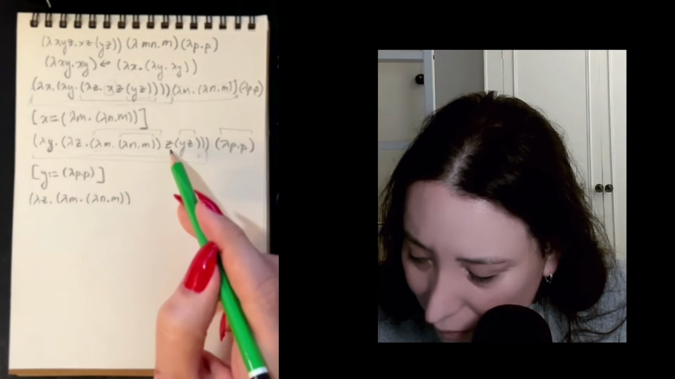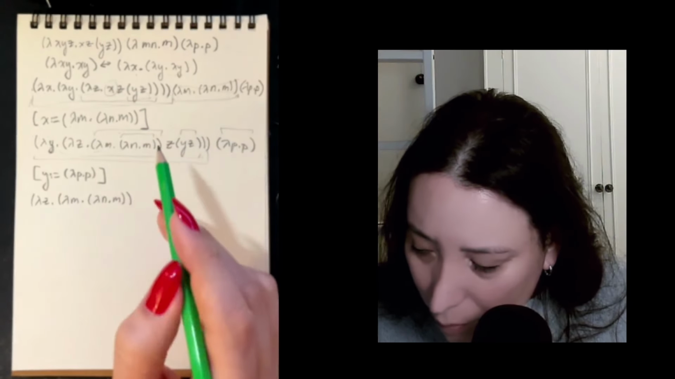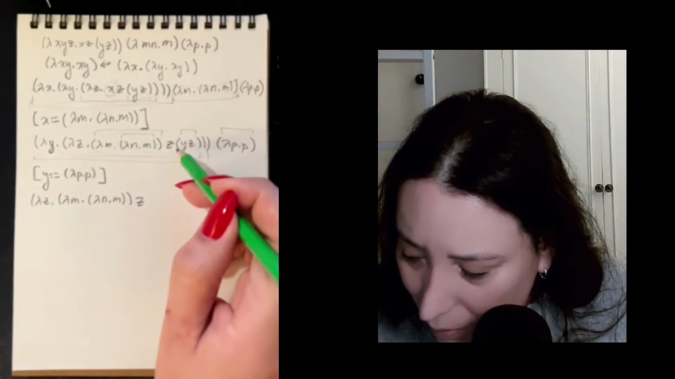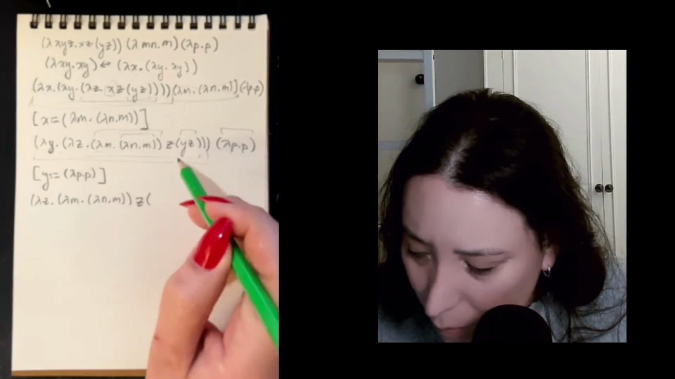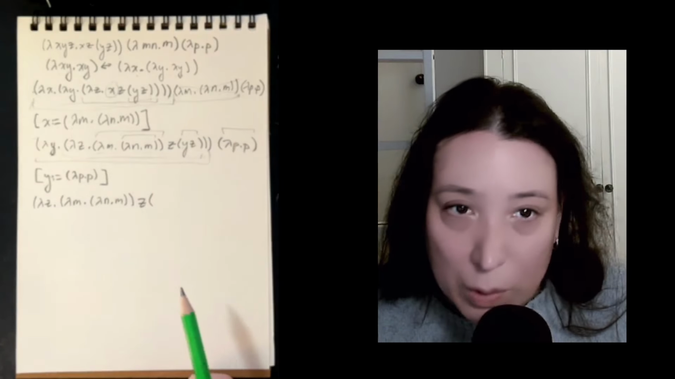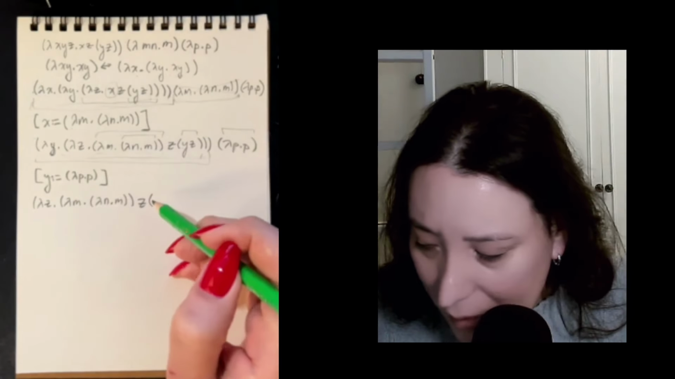And now we have a z. That's not what we're replacing, so we just copy that. And now we have a y. So we're going to replace it. This y here we're replacing. It's now going to be